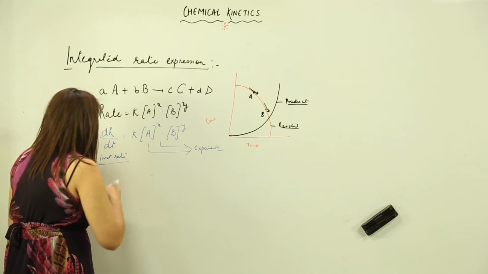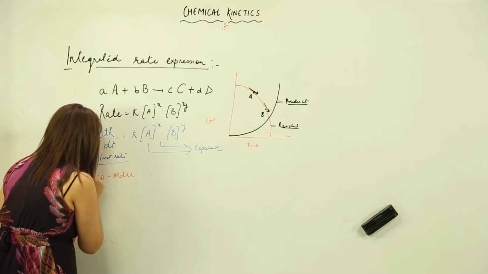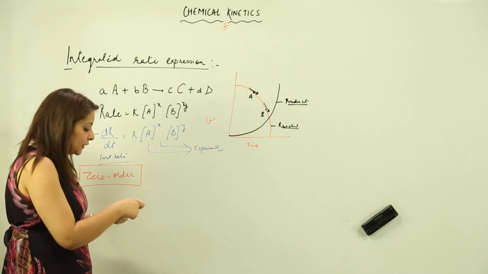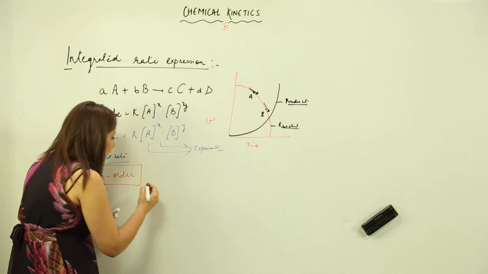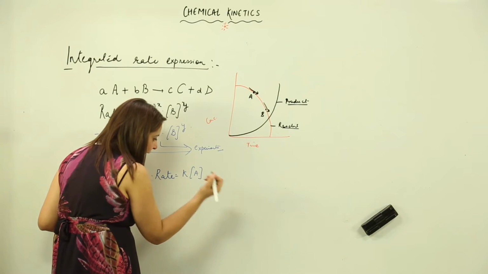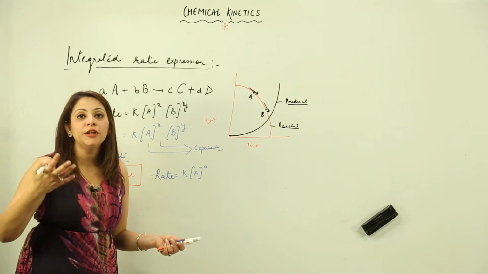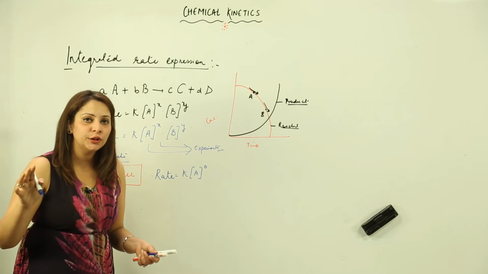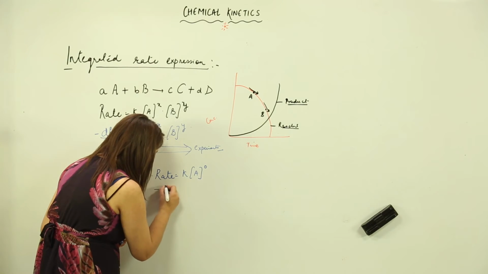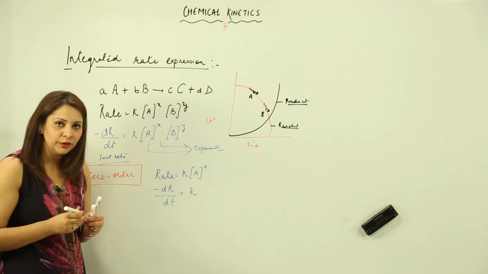Now what is the integrated rate expression for a zero order reaction? First we are going to consider the integrated rate expression for zero order. You know that for zero order we have already done that rate is equal to rate constant times concentration of reactant raised to power 0, because that means the rate of reaction is just equal to the constant for a zero order reaction, because x is equal to 0. So in terms of the decrease in concentration we can write minus d[R] upon dt is equal to k.